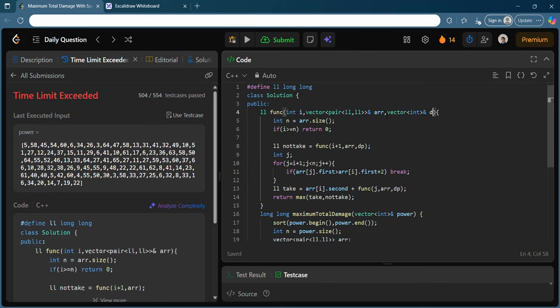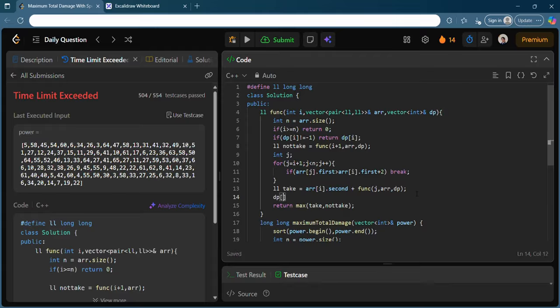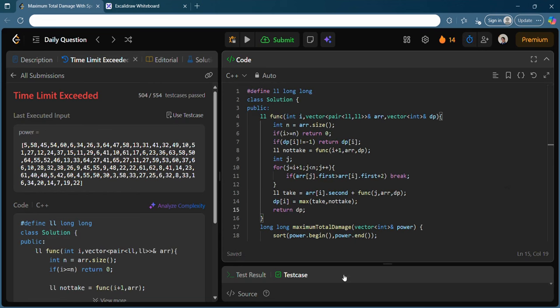So you have it, and you can write vector dp here also. And what else can you do? Now the time comes to cache it. If you have seen this value before, so if it is not -1, it implies that I have filled this dp before, and I do not need to do this whole thing again. I am saving my time, so I will simply return this dp[i]. Otherwise I will calculate this whole thing, and at the end save this state in my dp, the max of take and not take. So I will save the whole thing in my dp, and that's all I guess.